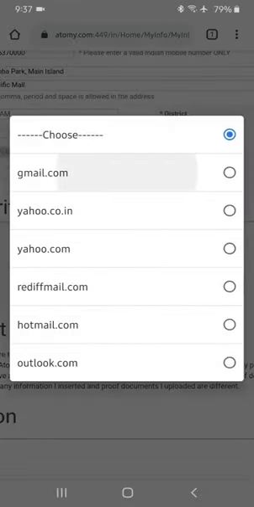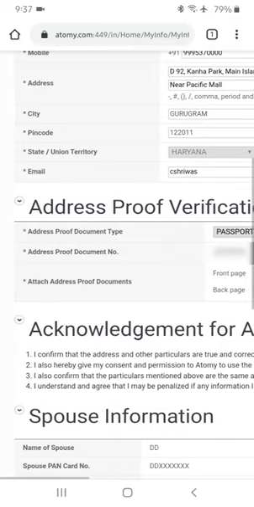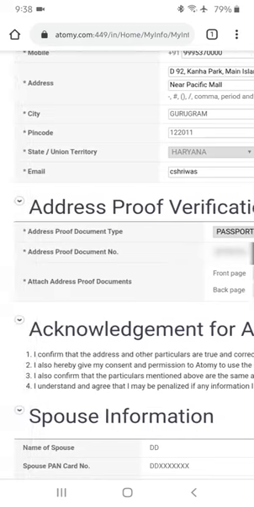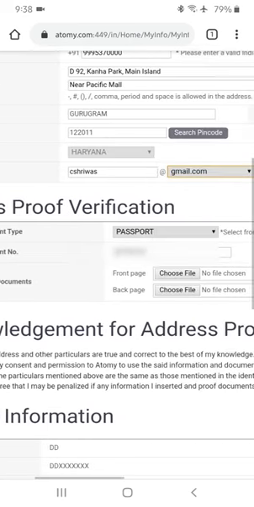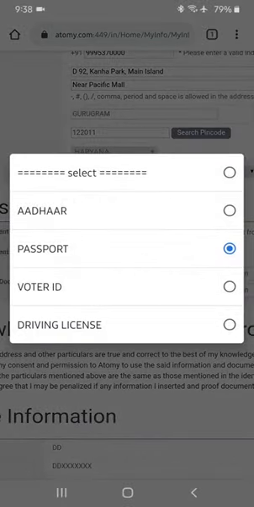After that the next section is address proof verification. In the address proof document type there are 4 options available: passport, voter ID, driving license and Aadhaar. Let us first do it with the voter ID.